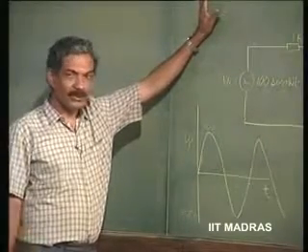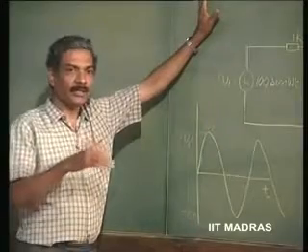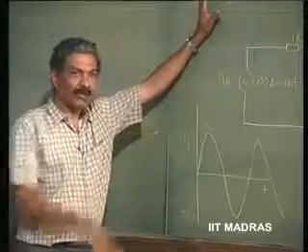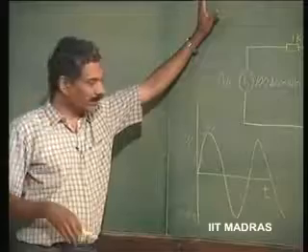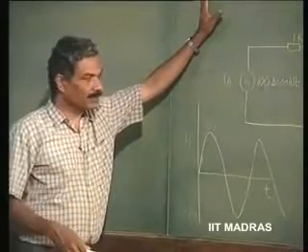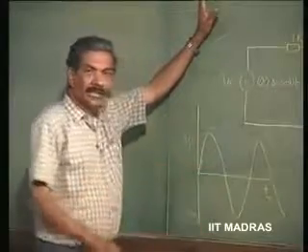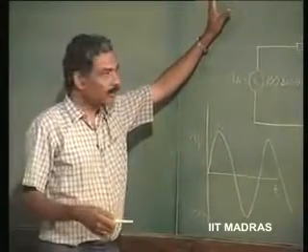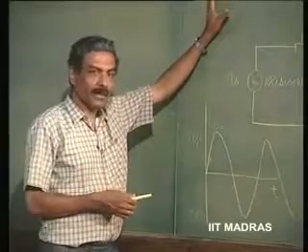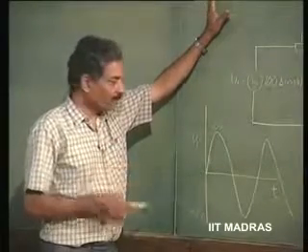in the laboratories. They are able to generate, let us say, a sinusoidal signal by some circuit, which we will be discussing later, how to generate a sinusoidal signal. After they generate this sinusoidal signal, they would like to convert it into a square wave, because they might need some square wave as a test signal in a large number of applications.